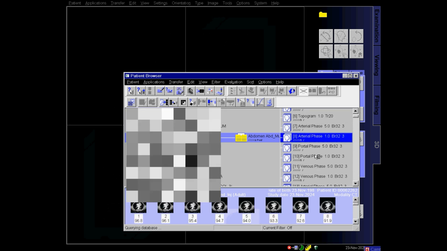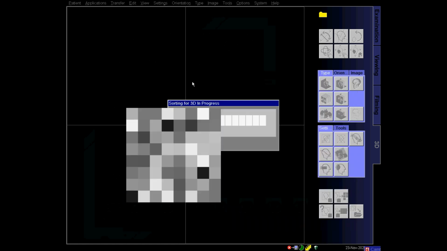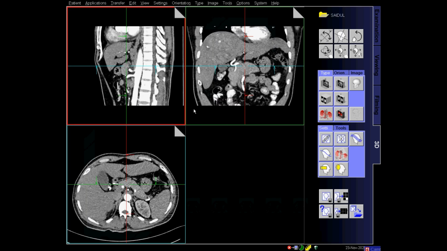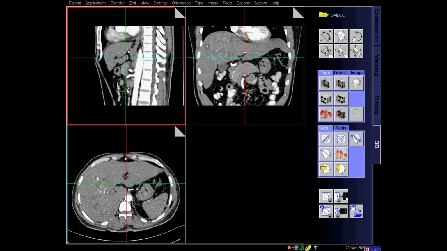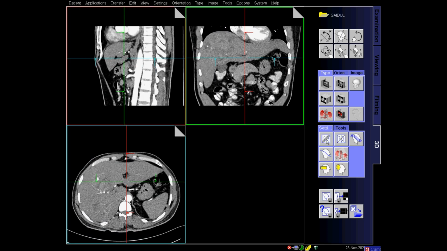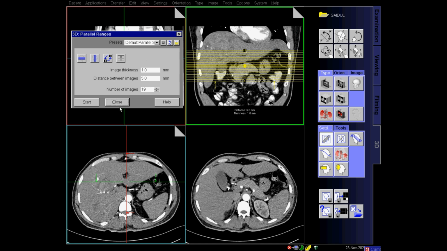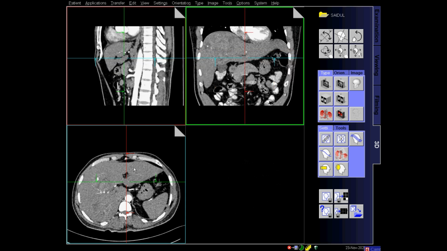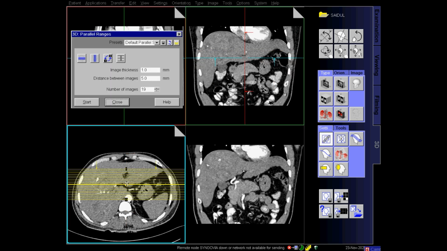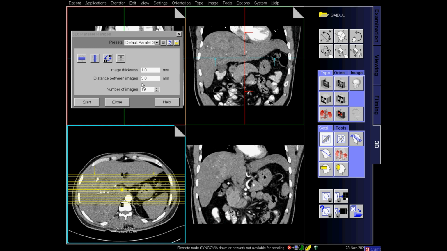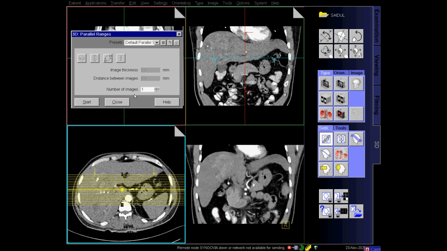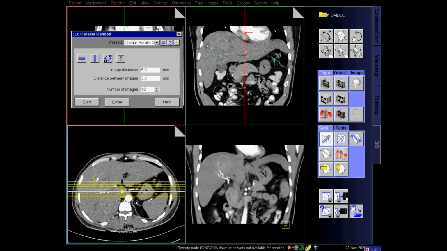And now I have to create coronal images from the arterial phase. For this I have to drag the arterial phase 1 mm slice thickness reconstructed images to the 3D tab, and from the 3D tab I will plan on the axial images to make the coronal image, changing the image thickness to 5, and the number of images I am choosing is 12.